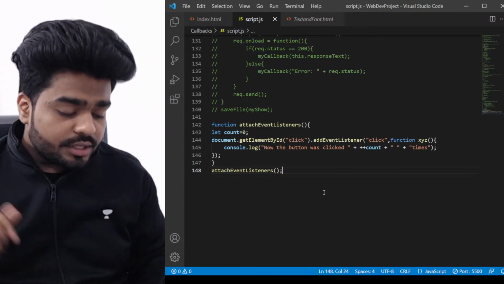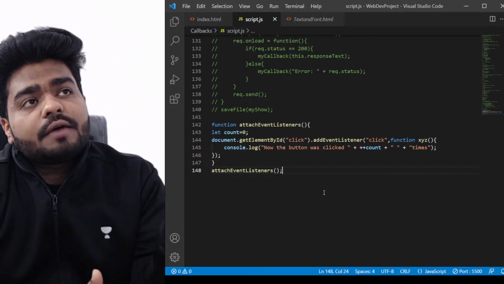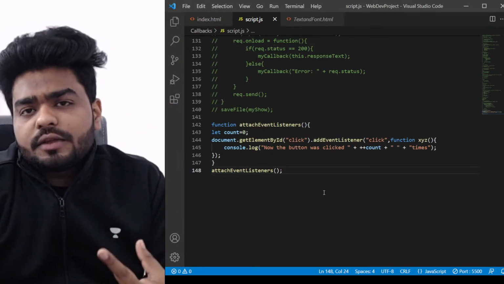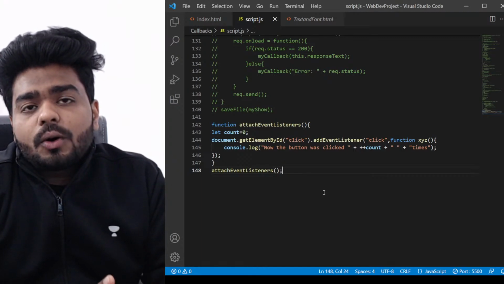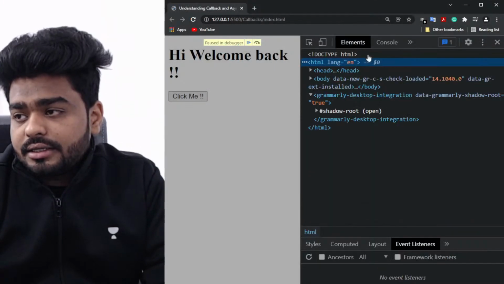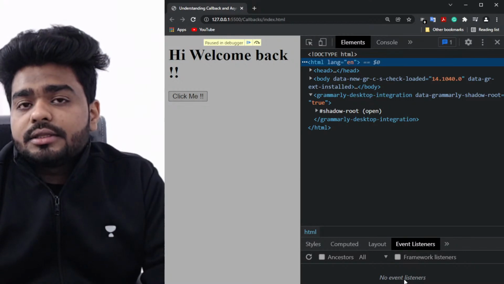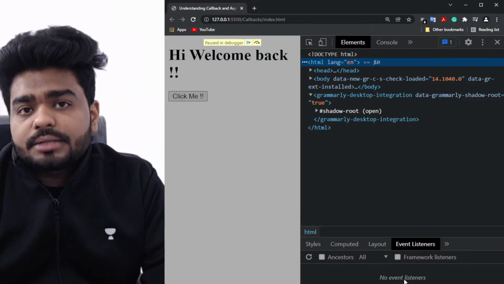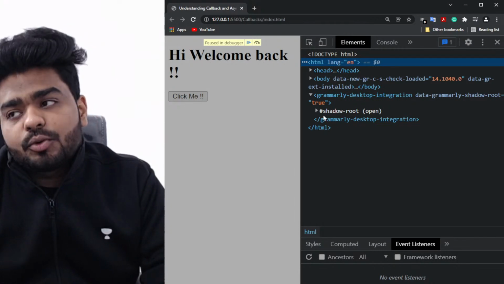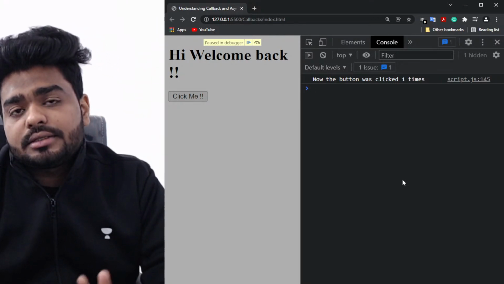Once it is heavy, what happens is, if your code has a lot of event listeners, let's say on click, on blur, and all the event listeners at once, all these event listeners will be collected in the elements portion, in the event listeners. Even if your code is not running, the browser knows that your event listeners are there, and it's going to take up memory. Event listeners will take up the space, and will take time to load